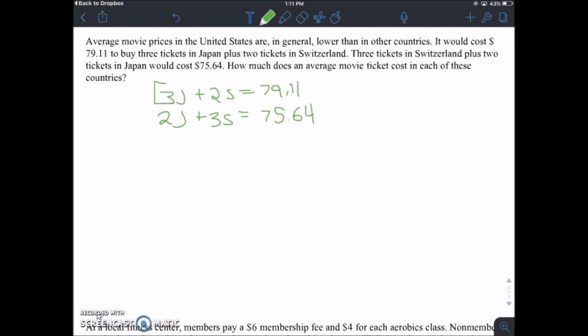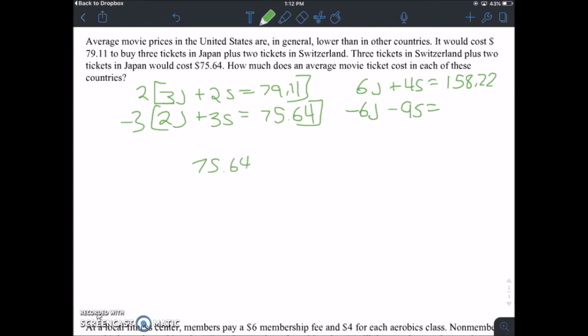We'll multiply this one by 2, and this one by -3, so I get 6J plus 4S equals 158.22, and